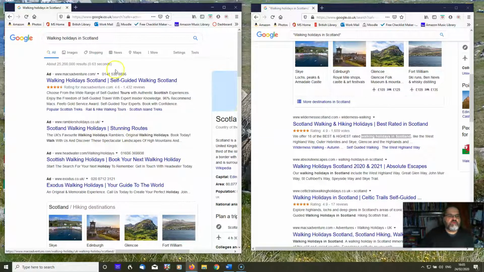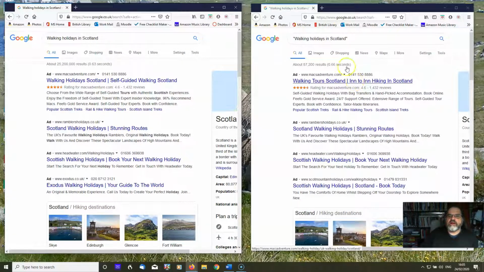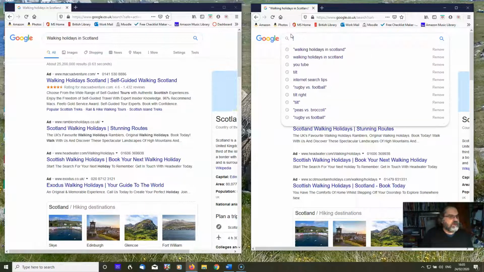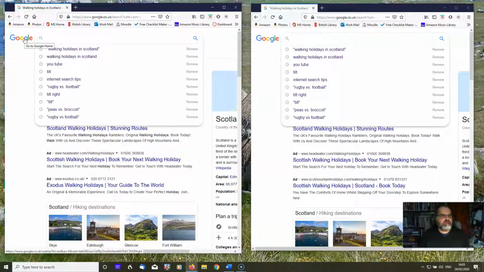So step 1, and it can give you some differences, is put your search information in speech marks, and it will give you that text will have to appear in that order. Right, you can also do something a little bit interesting. So let's just take these away, and now we're just going to put